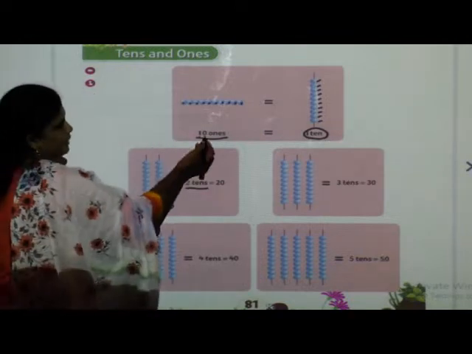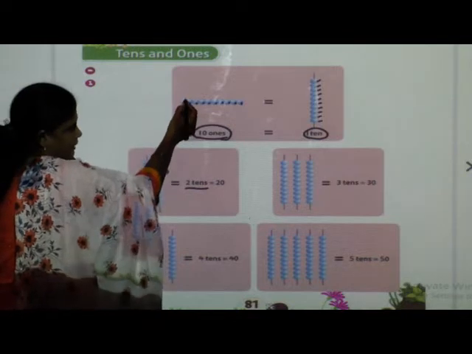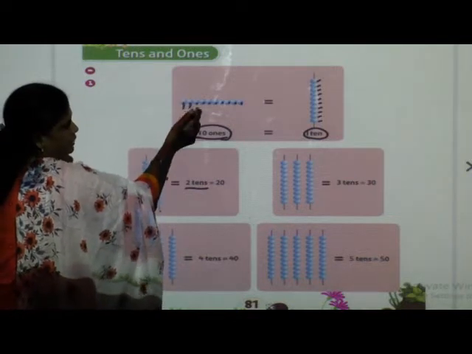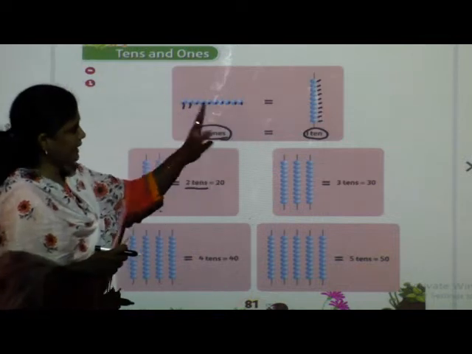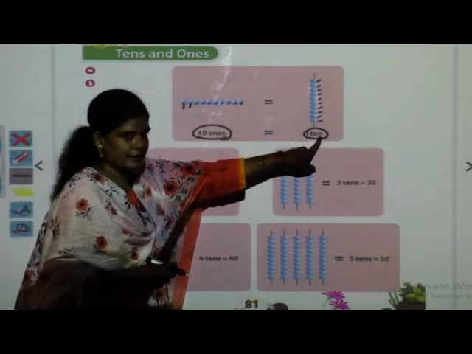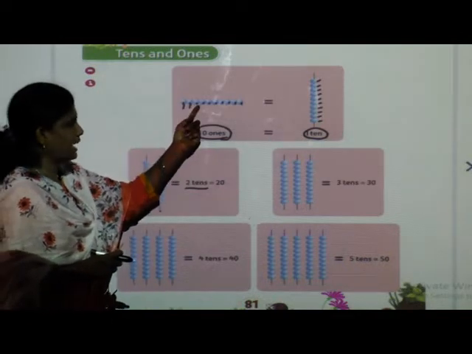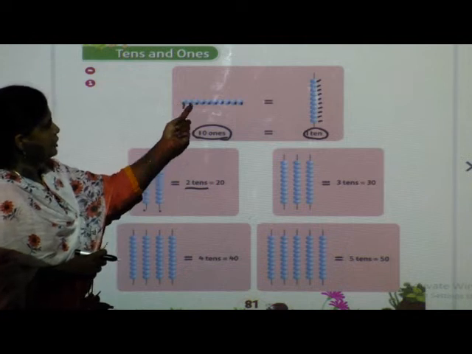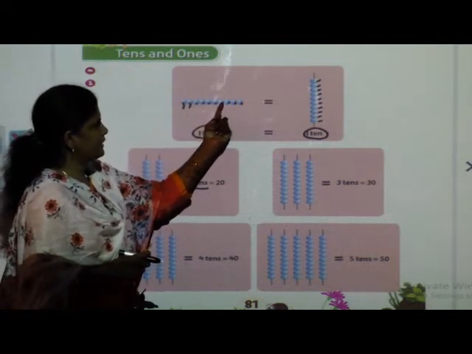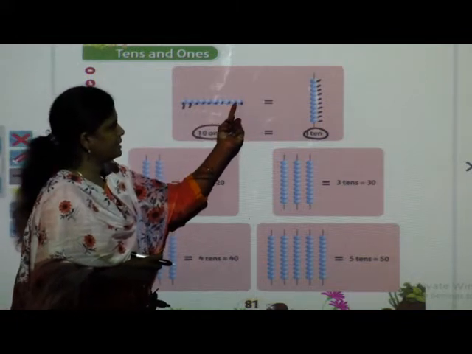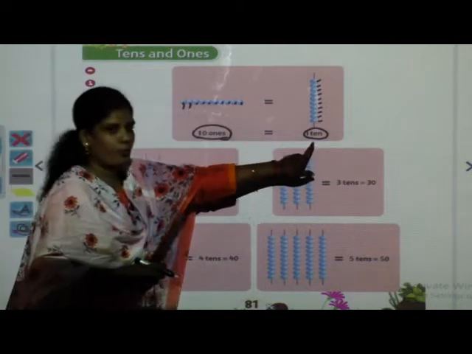ये 1 ten, 10 ones क्यों बोला है? तो जब हम लोग काउंट करते हैं ये 1 2, तो ये सब 1 1 होते हैं. We have to count that up to 10 and then it will become 1 ten. ये 1 2 3 है, वो हम लोगों को 1 2 3 काउंट नहीं करना है. 1 one, 2 ones, 3 ones, 4 ones, 5 ones, 6 ones, 7 ones, 8 ones, 9 ones and this last 10 ones. 10 ones means 1 ten.